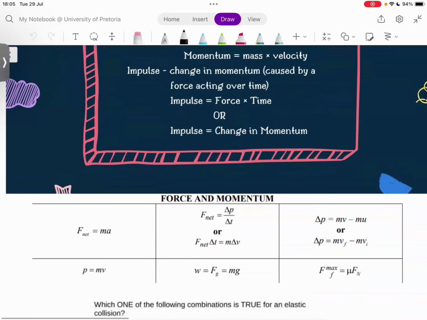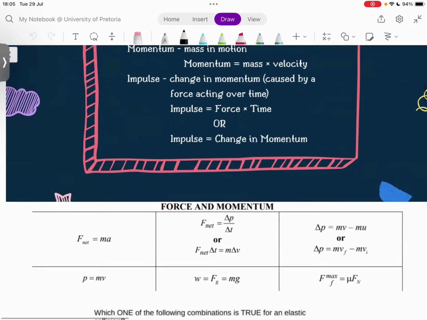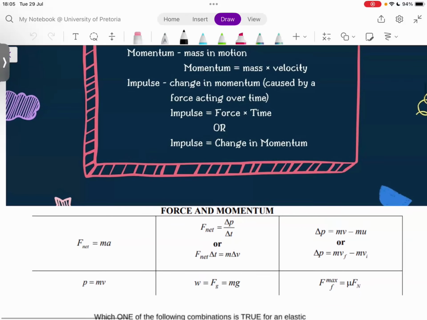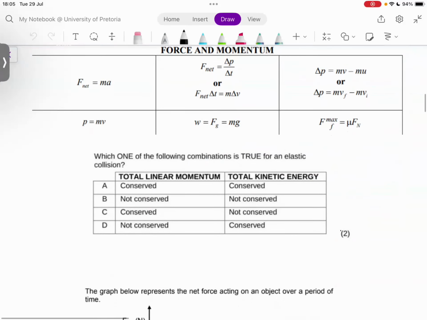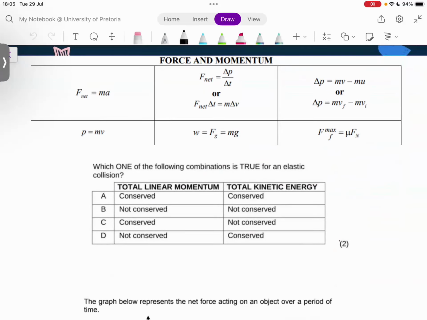I have included some formulas that you would likely be using today, and this is just for your benefit. So please make every effort to try recall these, or at least have your writing instruments, your calculator, as well as your formula sheet ready. Cool, we're going to jump straight into it. We're going to start with this multiple choice